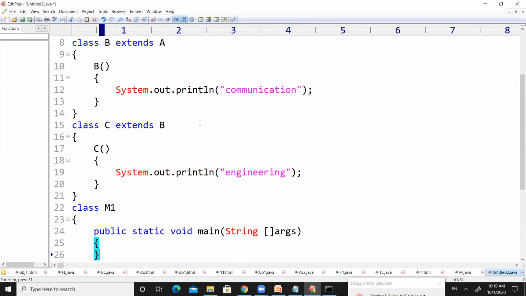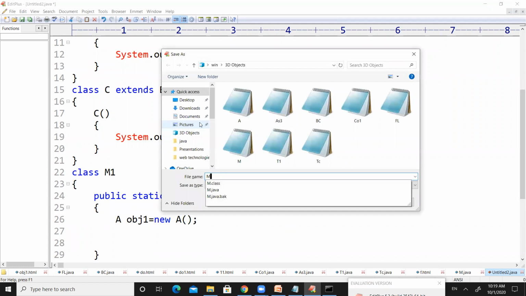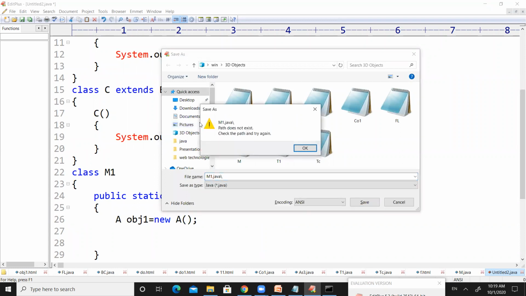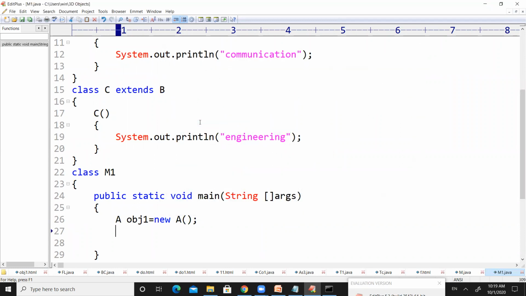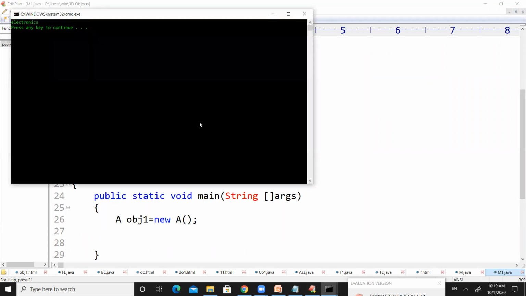Inside the main method, let us start creating objects for class A. If I have created an object for class A, it will execute the constructor which was present in class A. So let us save this one first as m1.java, and then compile it and run it. So it has printed electronics. We all know if we use a constructor, it will print electronics.